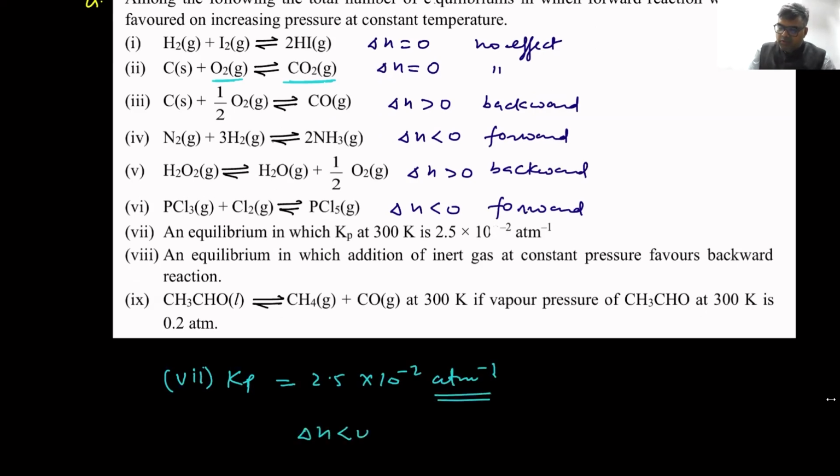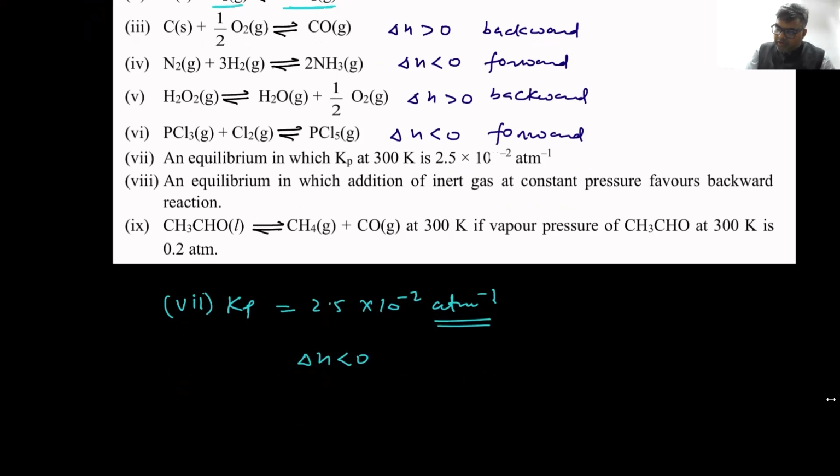Next, it is given an equilibrium in which Kp is given as 2.5 into 10 to the power minus 2. It should be corrected, I hope. It should be 10 to the power minus 2 atmosphere inverse. Just make it correct. So in this question, like all of you can understand, since Kp is given, we are dealing with option 7 now. Since Kp is given as 2.5 into 10 to the power minus 2 atmosphere inverse, with the unit of Kp, you can predict that delta n is less than 0 because we know that the unit of Kp is